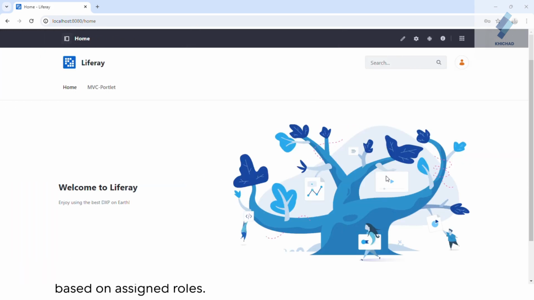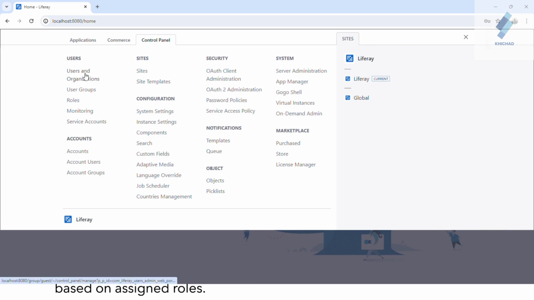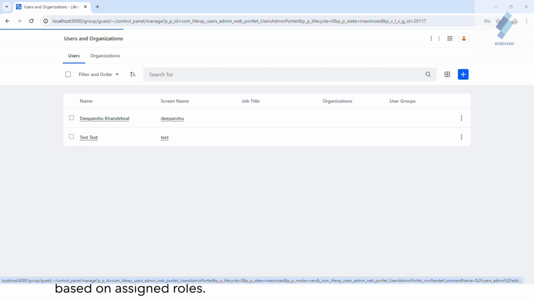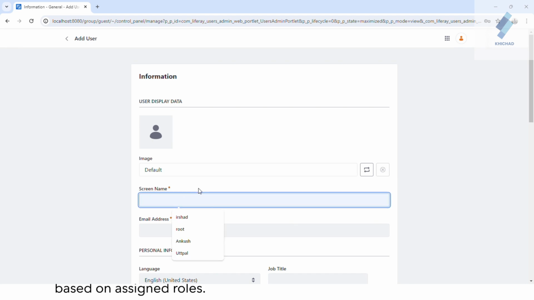After the login, now move to the control panel and create a new user. Go to the control panel, click on users and organizations, and click on the plus icon to create a new user.